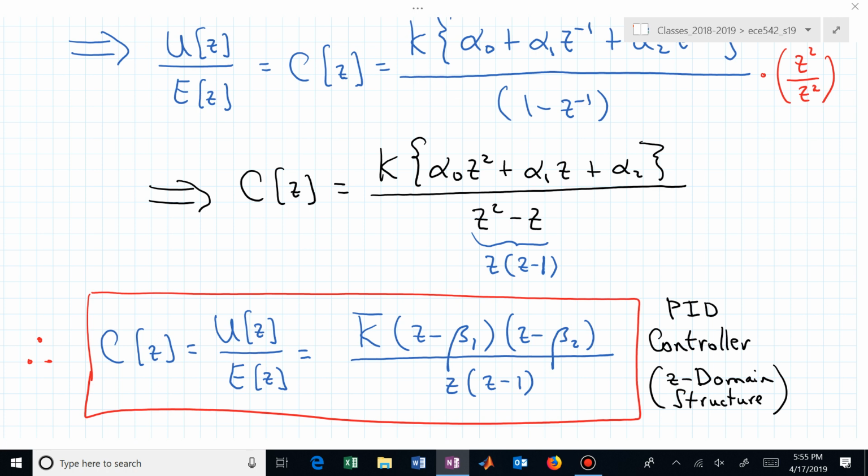Those zeros could be real. They could be complex conjugate pairs by the choice of beta 1 and beta 2. Once you've now fixed those 2 zeros, your poles and zeros are on your z-plane. Now all you have left is the adjustment of the gain, k bar, and that moves your poles around on your root locus, which is why we've been talking about a root locus.